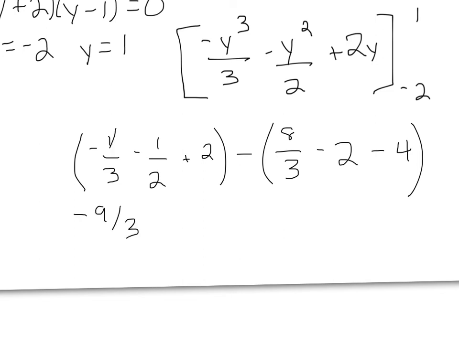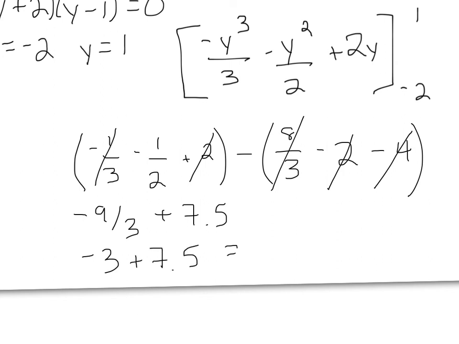That'll clean up nicely. And then 2 plus 2 is 4, plus 4 is 8. Minus 1/2 is 7.5. So you have -3 plus 7.5, which all works out to be